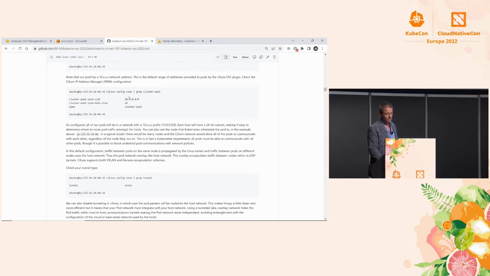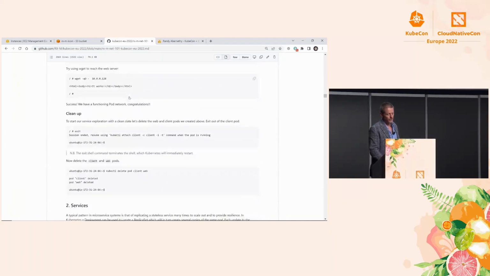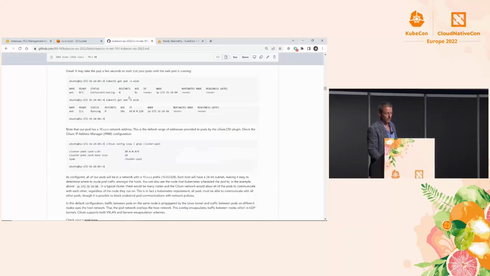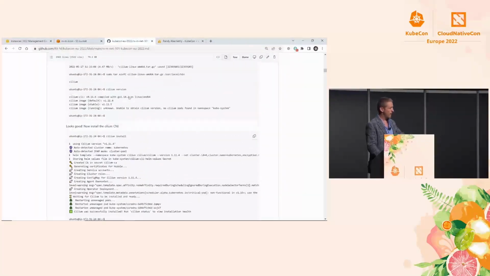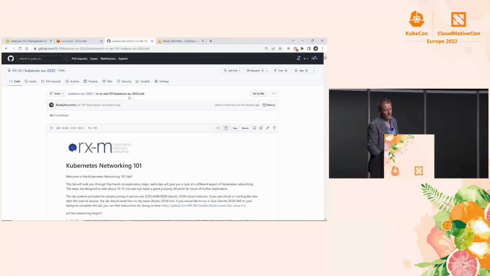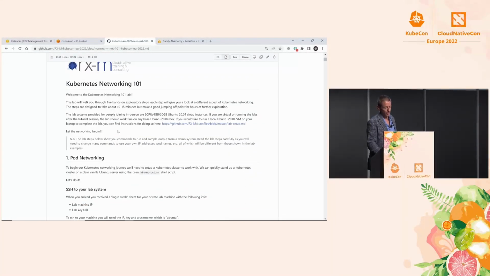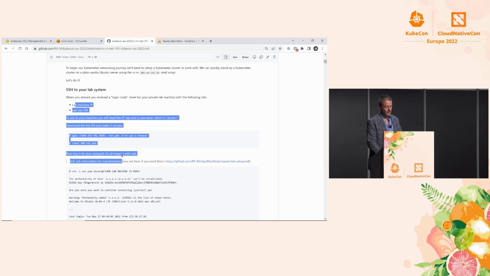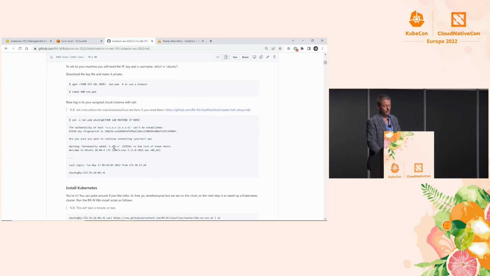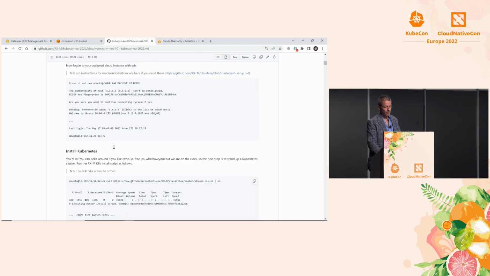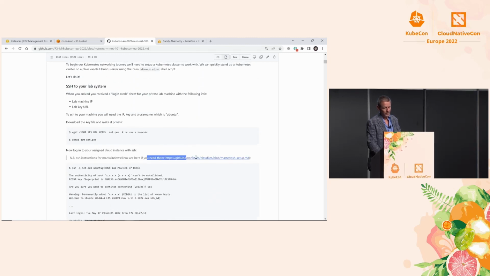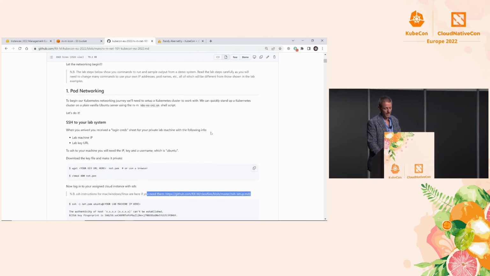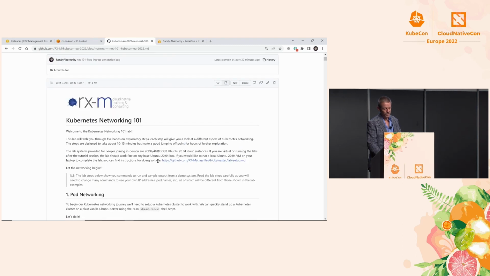All right, so that's lab step 1. Let me just walk through it real quick. You can start right now if you want. So open this document up. You can read this little top section, and then it walks you through SSHing into the lab system. It literally explains how to log in to the lab system with SSH if you've never done that before. Here's the link that I was mentioning that can give you SSH help if you need that. And here's the link that shows you how to stand up one of these Ubuntu boxes on your own laptop so you can run the labs later if you want to do that.